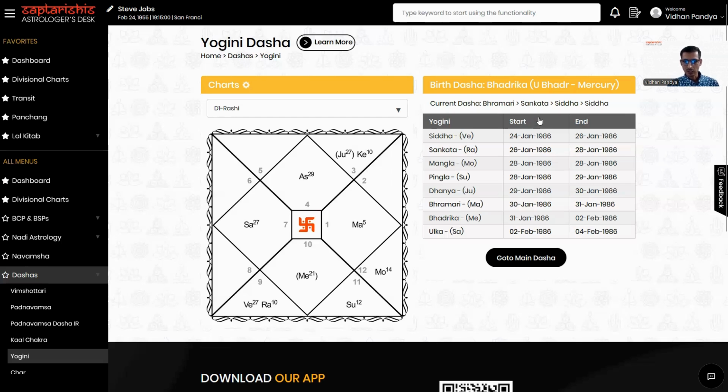Then you have Sankata. Sankata is in the 6th house. Then you have Siddha, which is Venus. Venus is also in the 6th house. And then the final Dasha is Siddha. Venus is in the 6th house. So we know that it is the Artha Trikon. And Artha Trikon is important for taking important positions,